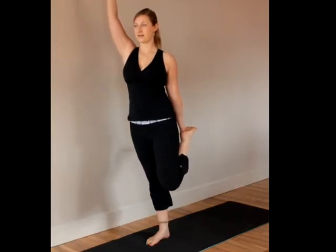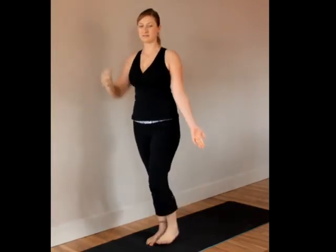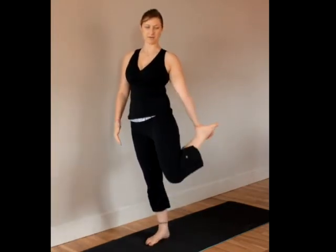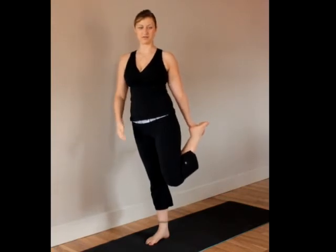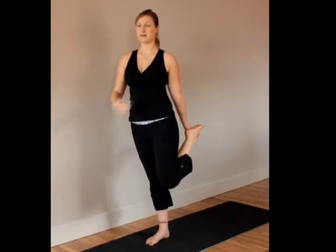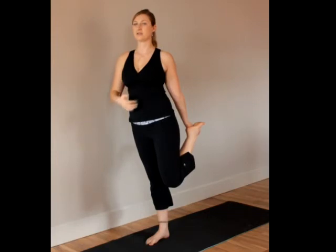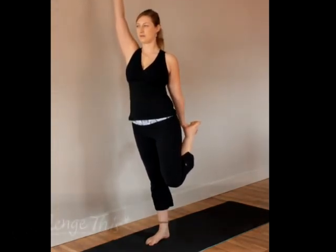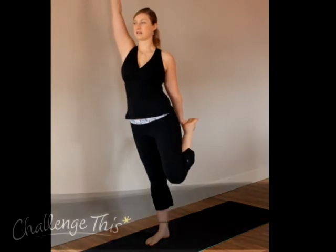Another final thing with dancer's pose is make sure you have the proper placement of your arm. Make sure your palm is facing out, and without turning your hand, kick your foot into your hand, making sure to reach for the inside of your foot. This helps to open up your shoulder and avoid any injuries in your elbow. So remember, try to lengthen